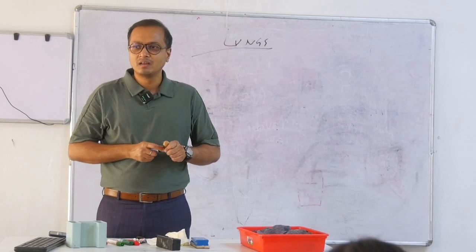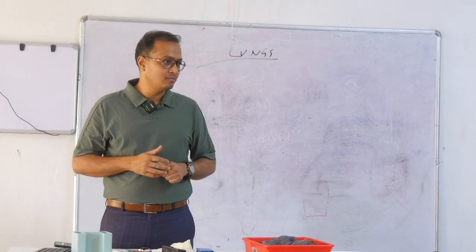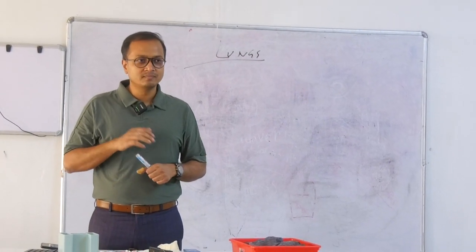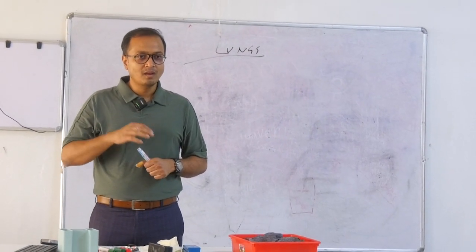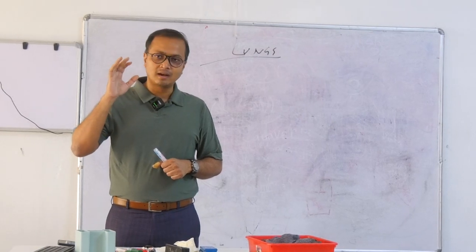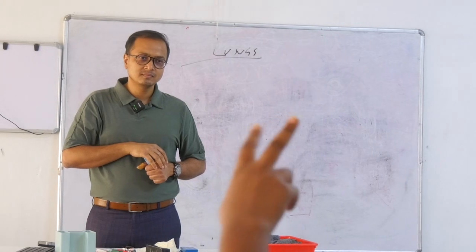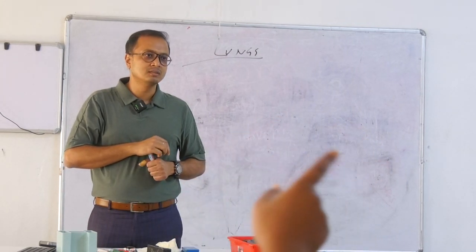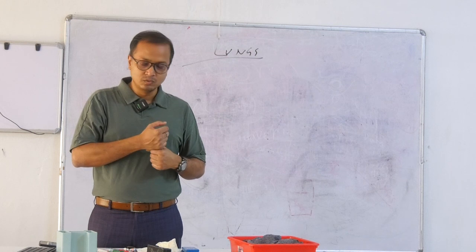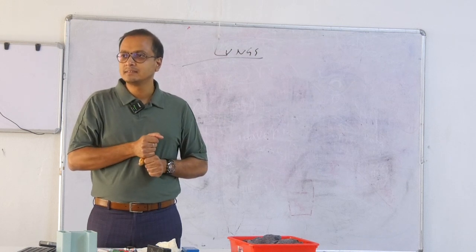So, how many lungs we have? Two. What are they called? Right and left. How we are going to identify them? How we are going to identify the lung as a right-sided lung and left-sided lung? Right side e 3টে লোব আছে, left side e 2টো লোব আছে. Okay, other than that,